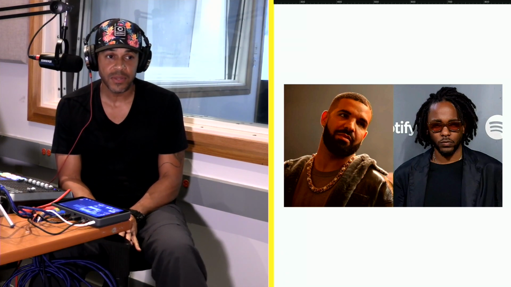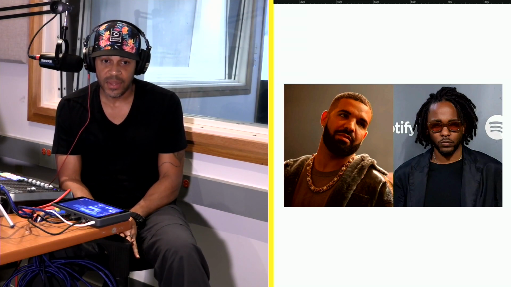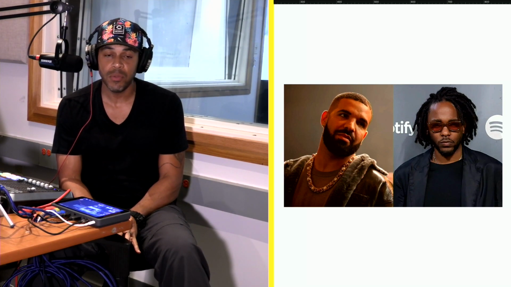K-Dot came on the scene after Drake, and he hasn't been on the scene as long, but he's been on long enough. My boy Tone Capone told me about K-Dot before anybody else, the same way I told people about Drake. He said, this dude named Kendrick Lamar out of Compton is about to be the next dude. And sure enough, he blew up. He has a different brand and a different subject matter he raps about. He's like the complete opposite of Drake.